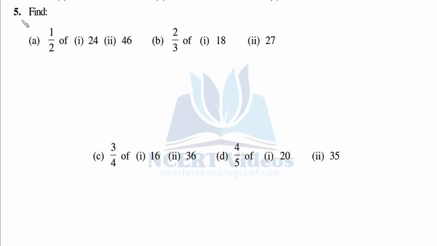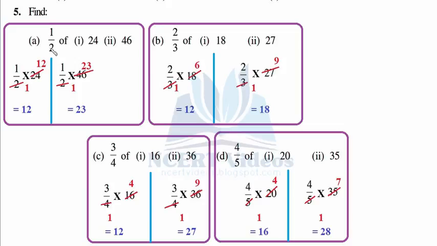5th, find A, half of 24 and 46, B, 2 by 3 of 18. So we have to do them individually. Similarly C and D are 4 by 5 of 20 and 35. So of means again multiplication. So 1 over 2 into 24, 1 2 is a 2, 12 2s are 24, and 12 into 1